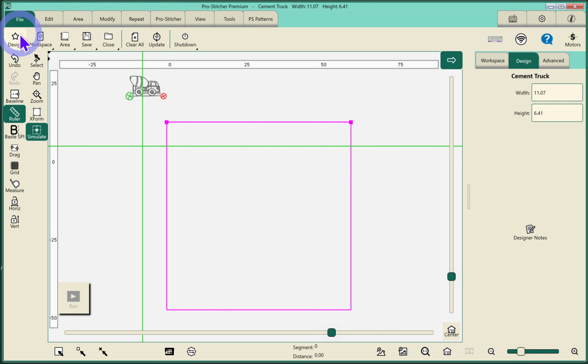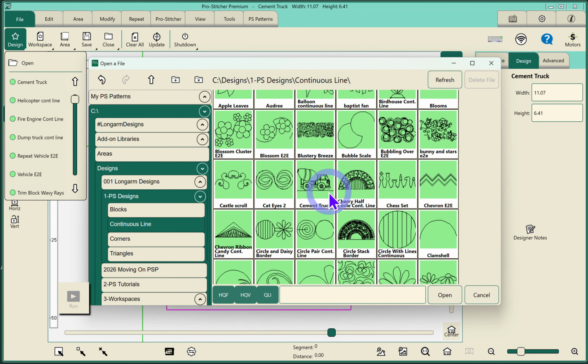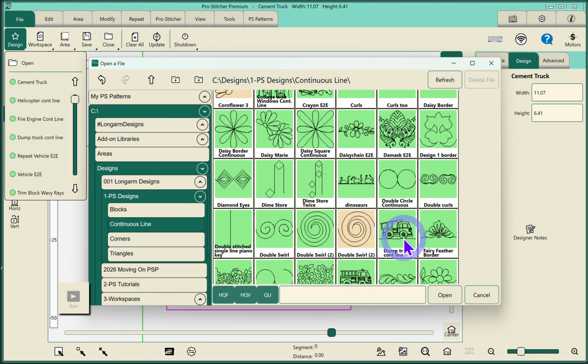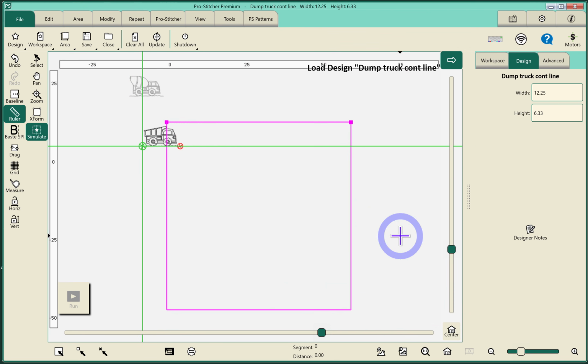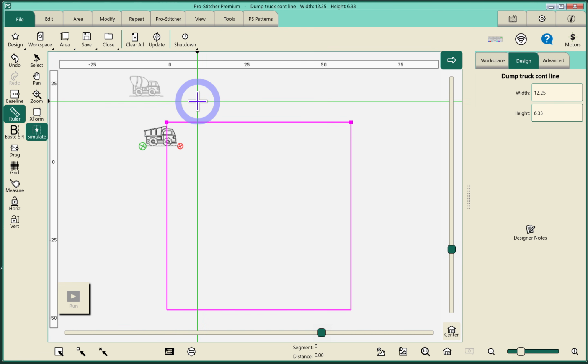So now we'll go get the dump truck. Open. Scroll down to the dump truck. Okay. All right, we'll open this. Now, I want these designs to be connected. So here's how you do that. I'm going to move my crosshairs just sort of out of the way so you can see this a little